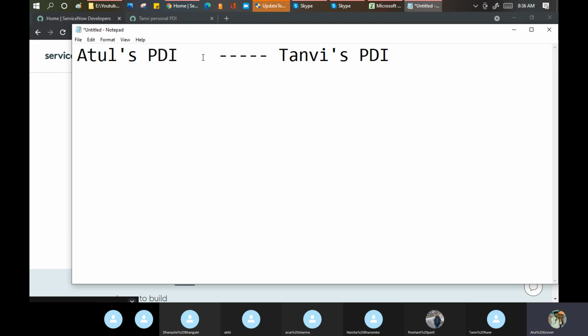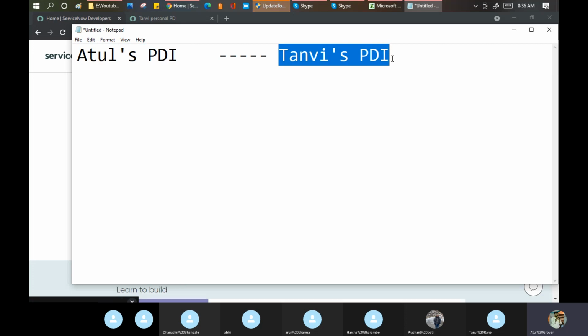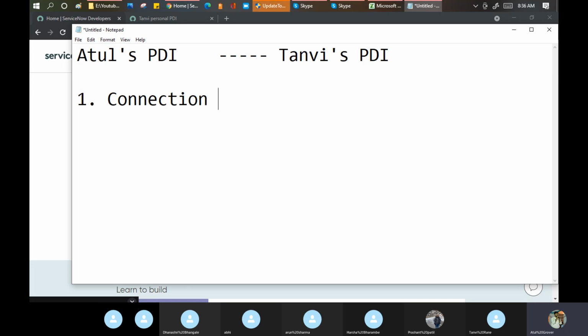Now I want to move my configuration into this particular PDI. First of all, I need a connection between these two. Then I need to test the connection.